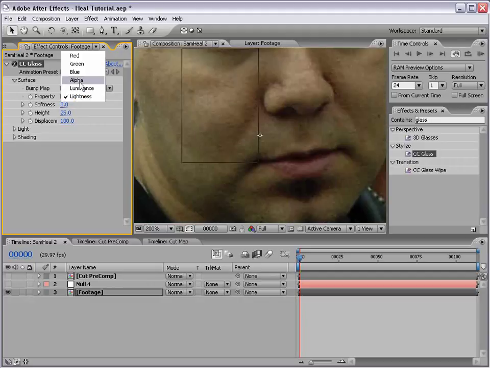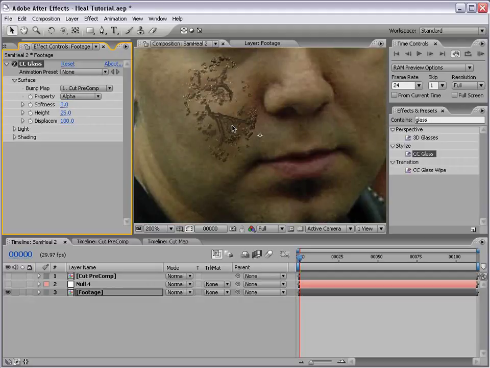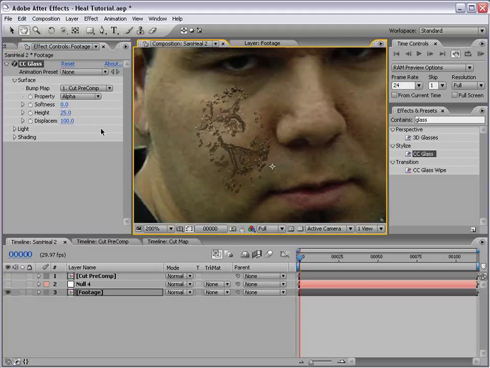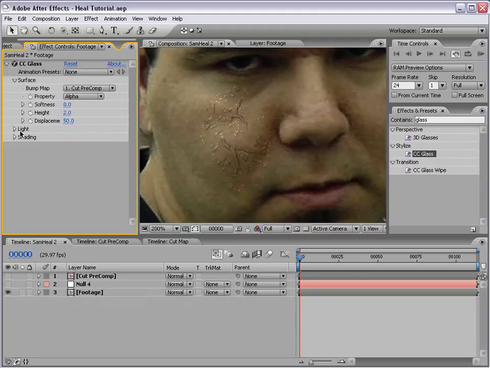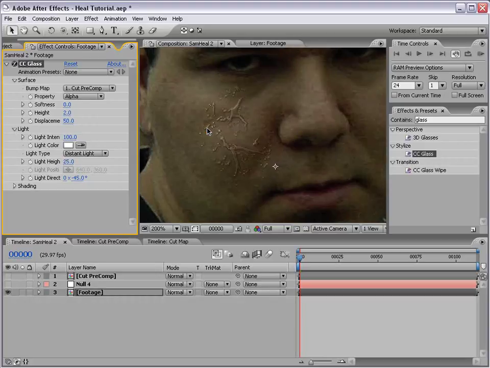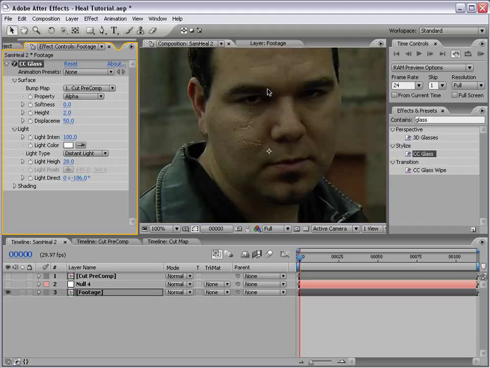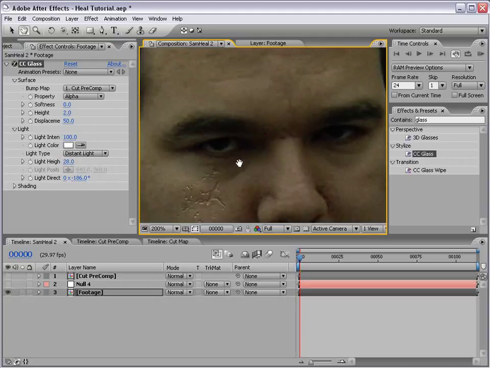Change the property to alpha, and so now we can sort of see what's going on. I'm going to set the height to 2 and the displacement to maybe 50. So now I'll come down to the light options, and I want to set the height to about 25, maybe a little higher than that, 28, and the light direction to about -180. So now we've created sort of a light that's kind of coming up from above, which kind of matches the